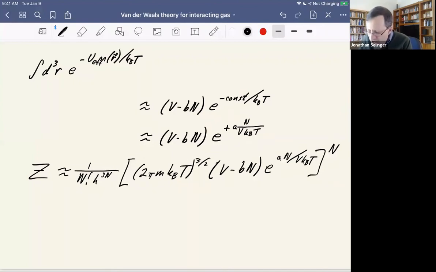Okay? And you can see that it includes two parameters that we don't actually know, right? I mean, it includes B and A. So these are two parameters that describe these two features of the gas, the excluded volume and the long-range attraction. Now, I know I had a lot of sort of rough arguments to get to this point,